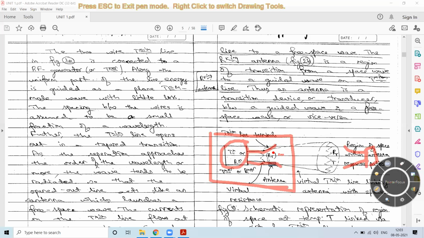In the coming fourth session, we'll have an in-depth discussion regarding radiation resistance. When we have a transmitting antenna and a receiving antenna, how the receiving antenna views the transmitting antenna is checked with the help of this radiation resistance. So what does this imply? It implies that the receiving antenna looks at the transmitting antenna in the form of a resistance, which we call radiation resistance. And remember, this radiation resistance is not real, but it's a virtual resistance.